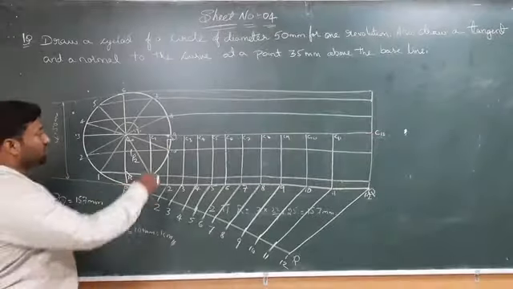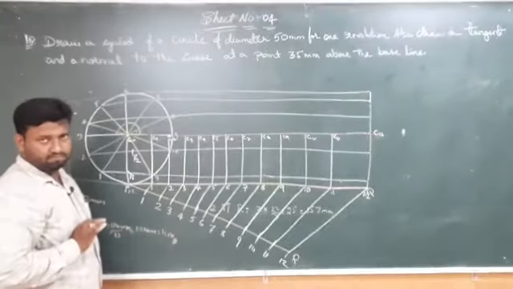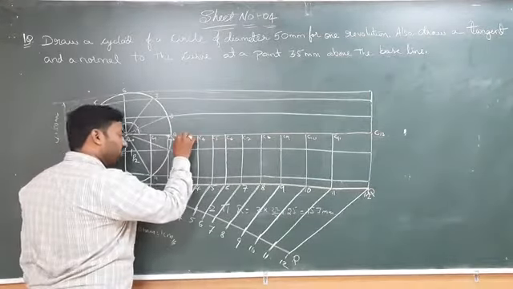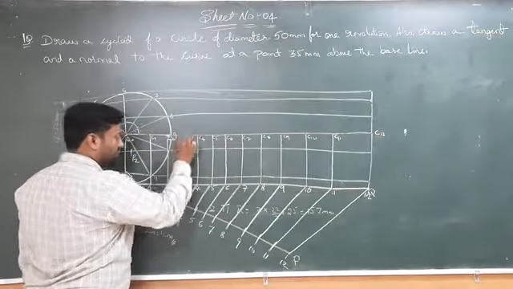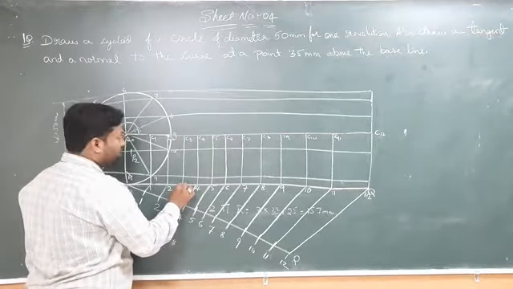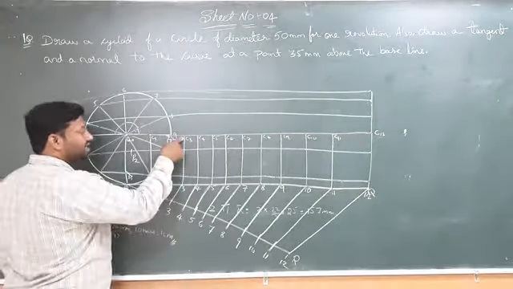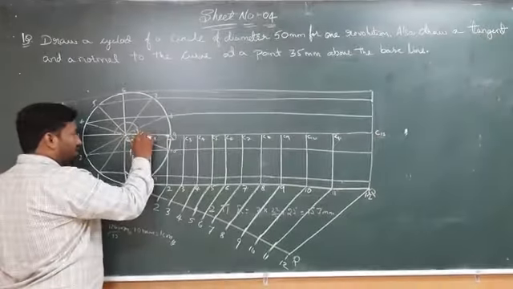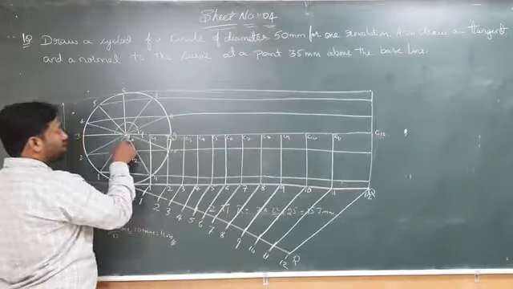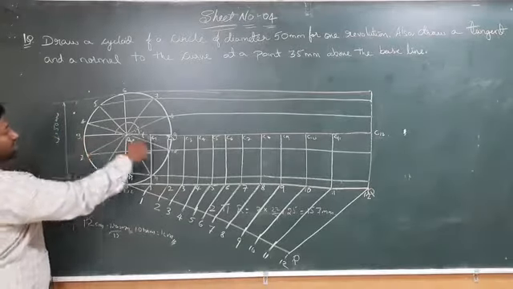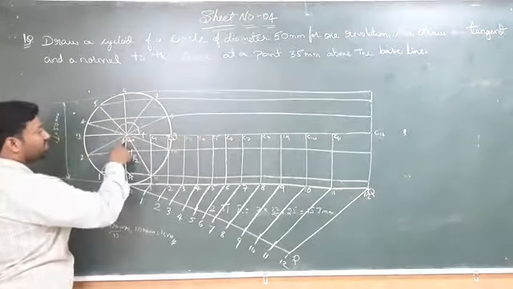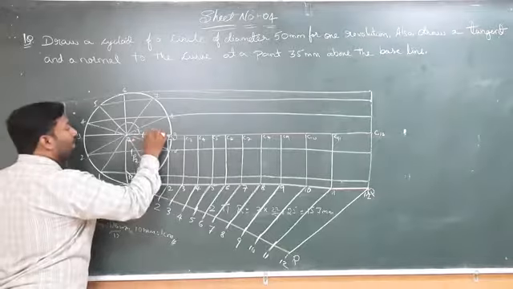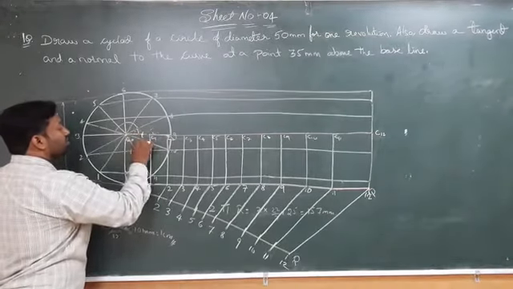Now again from C2 to C3 we change the center. Again we maintain the same radius from C3, 25 mm, and cut the arc with center C3 and radius 25 mm. We cut on the center line because C3 lies on it. You can see the point 3, 9, where the straight center line is passing. So we cut the arc on this center line. Now this point is our P3.